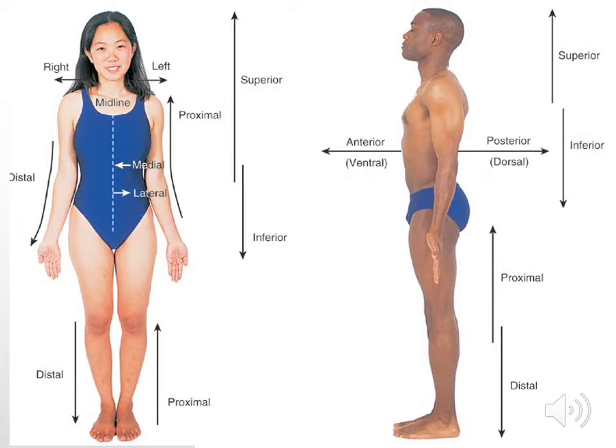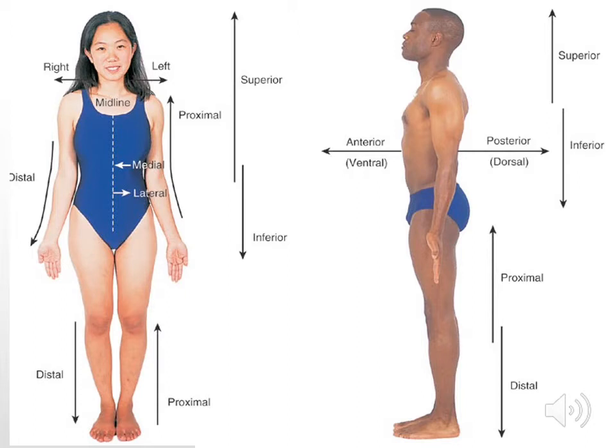This is illustrated on both diagrams, just to the right-hand side of them. We have superior and inferior. Superior if something is towards the top of the body, inferior towards the bottom. You may have come across this in previous study when you looked at the cardiovascular system. The major vein returning blood to the heart is the vena cava. There are two aspects of that. The superior vena cava, which returns blood from the upper half of the body to the right atrium, and the inferior vena cava, which returns blood from the lower portions of the body to the right atrium. Next key bit of information